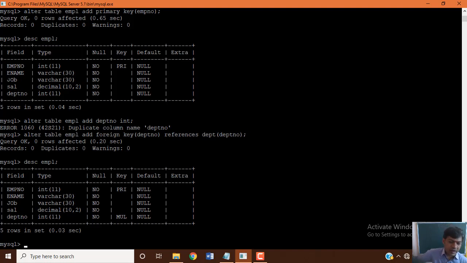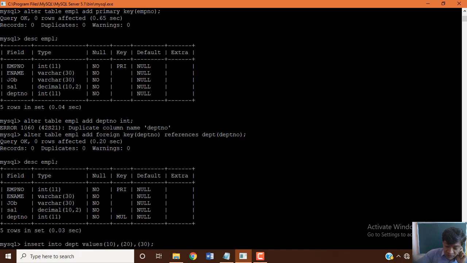We know that when you have a relationship between two tables, first, which table should we insert the data into? Last class, when we worked with primary key and foreign key constraints, we learned that when you have a relationship between two tables, you must insert the data into the parent table first, then go for the child table. In our example, DEPT, the department table, is the parent table, and EMPL is the child table. That's why we first need to insert data into the DEPT table.